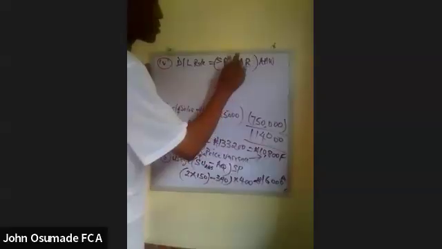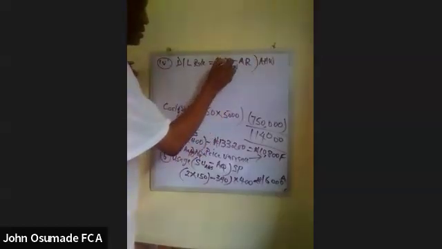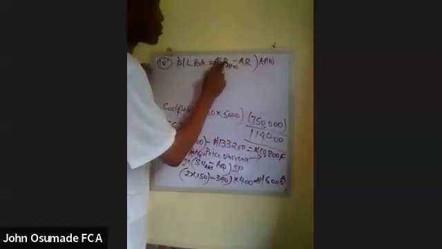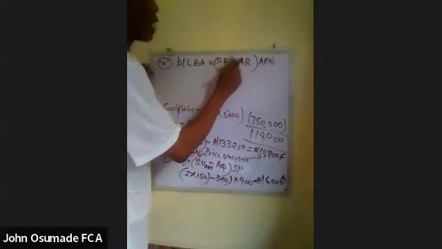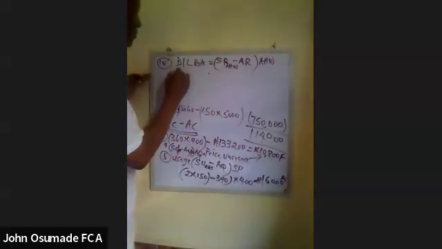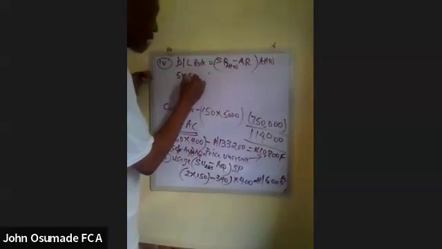Sorry, not actual hour, we are looking at rate. Standard rate minus actual, but it will be based on actual hour worked. So the standard rate is 5 naira times the actual hour we determined, 52,000,